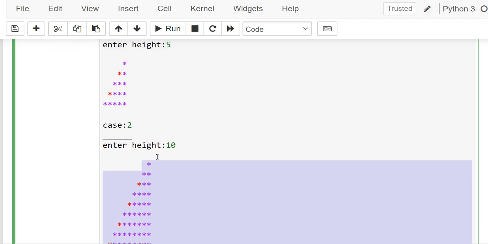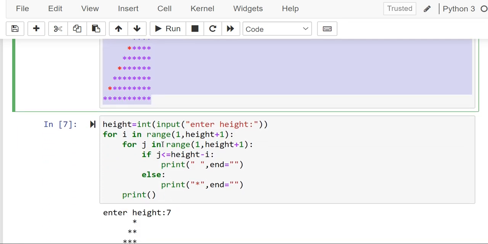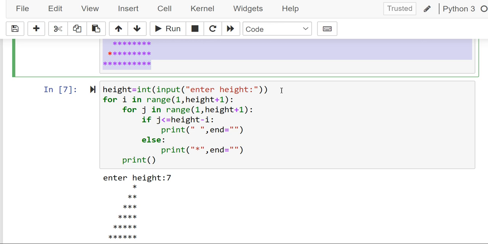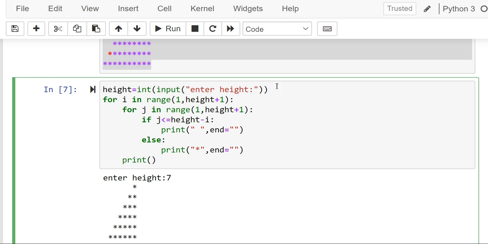Let me write the program, execute it and analyze it, and I will explain it line by line clearly. Every program may contain 0 or more inputs. Here in this program, as we already know, we need to take the height value from the user, and for that purpose this instruction will perform. Let me keep a comment line so that you get a clear idea. This line indicates the user input.